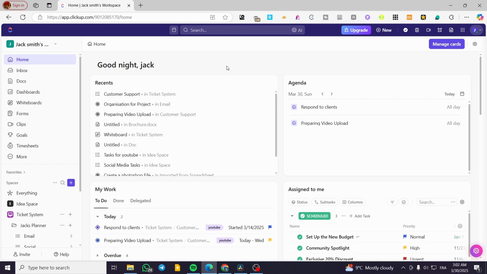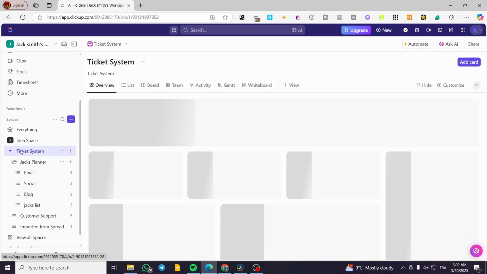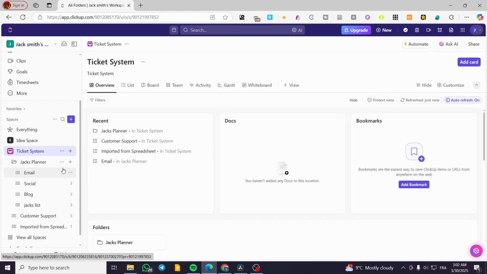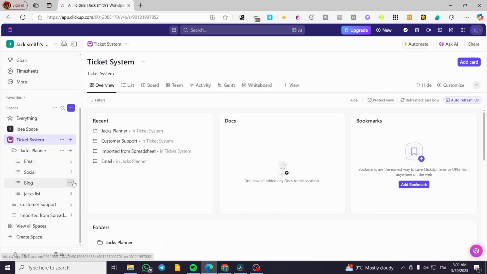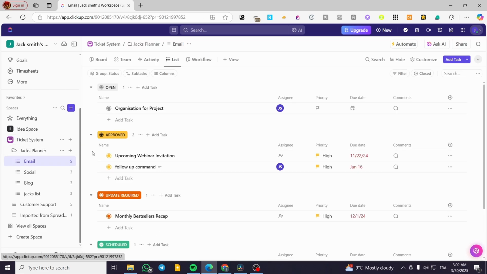We're going to head over to clickup.com. Then we're going to head over to our dashboard. Now, what we are going to do basically is head over to our workspace. So we are going to select maybe this workspace. Let's select a workspace that at least has tasks. So let's see here. As you can see, I have a task and I have maybe set up the due